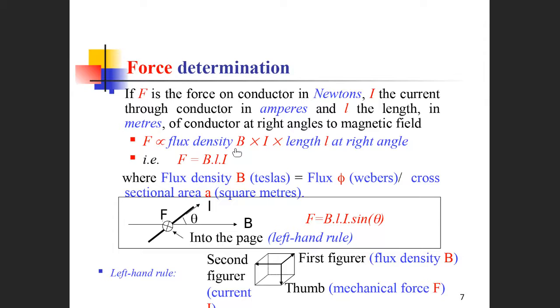B here is the flux density or magnetic field strength. Magnetic field has many lines, so this represents how many lines per square meter. So cross the currents, cross the directions